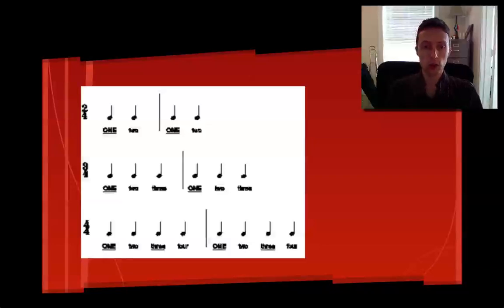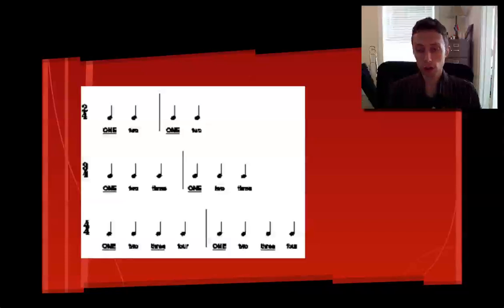It's 1, 2, 3, 1, 2, 3. And then on the bottom line there, we have quadruple. So we have 1, 2, 3, 4, 1, 2, 3, 4. So that divides the beats into groups of 4. So here we just have different kinds of meter, duple, triple, and quadruple, dividing up the beats into 2s, 3s,